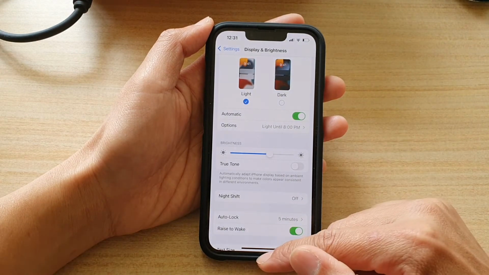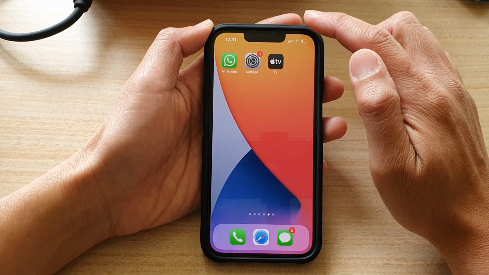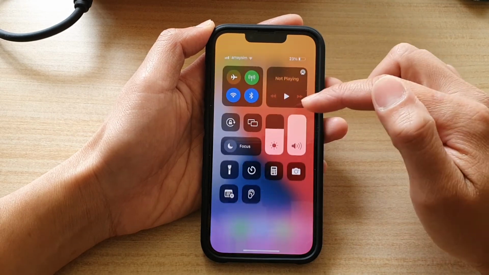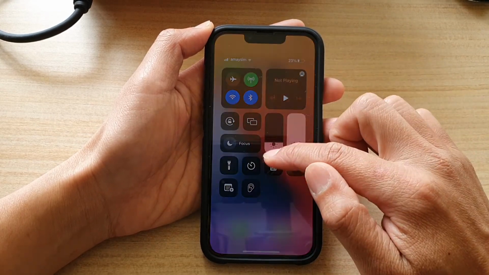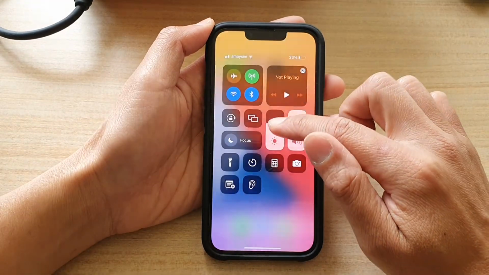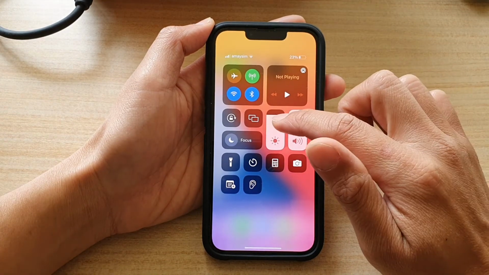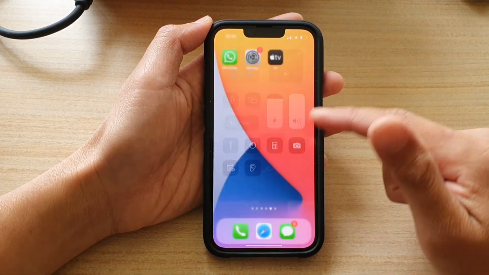Now you can also change the brightness from the control center. So you want to swipe down at the top to open up your control center, and in here you can increase or decrease by simply dragging on the bar upwards or downward. And that's it. That's how you can change the screen brightness